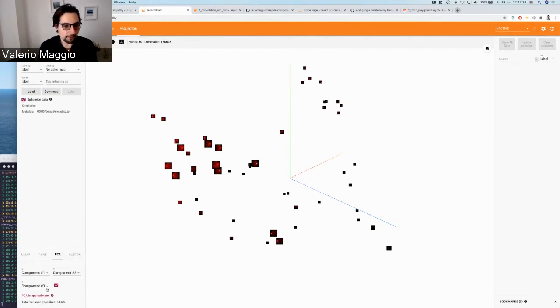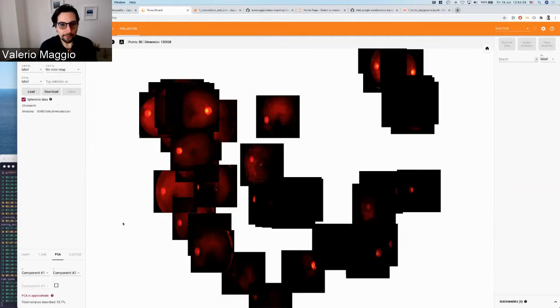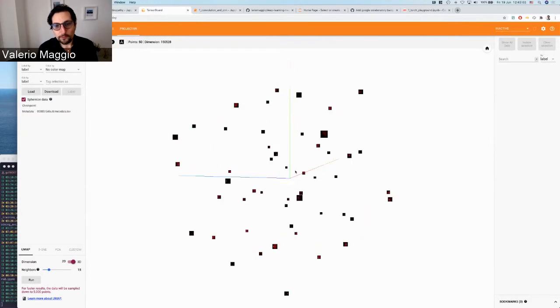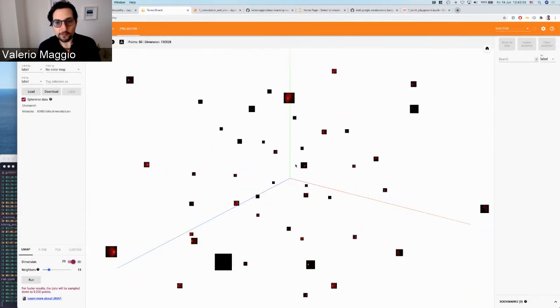So I don't really like the 3D setup, so let me just disable the 3D. I just want 2D. Oops, sorry. And then I don't want to use just PCA. I want to use some more fancy strategy, which is UMAP, the Uniform Manifold Approximation and Projection, which is absolutely in fashion nowadays, and it's a very, very powerful method for ensemble embedding, so manifold learning. The way it works is basically creating